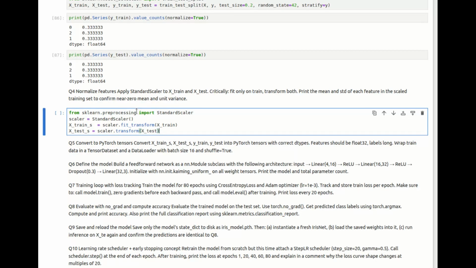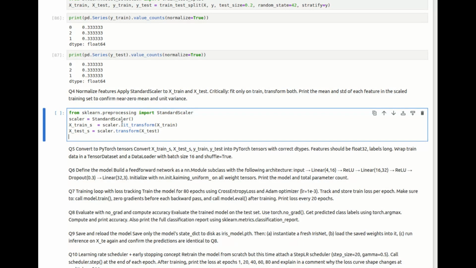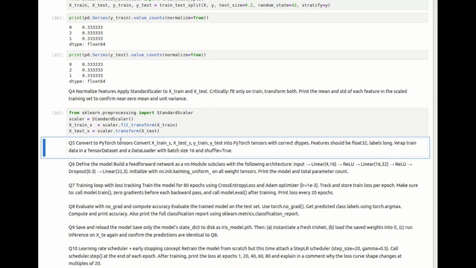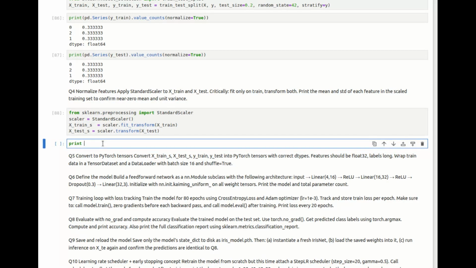So ideally, after doing the scaling operation, the mean of the train dataset's values should be around 0 and the standard deviation should be around 1. So we are going to confirm this. So we would say print train mean should be around 0. So that will be done by np.round, right? X_train_s.mean